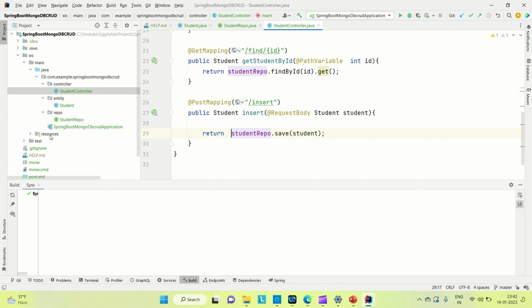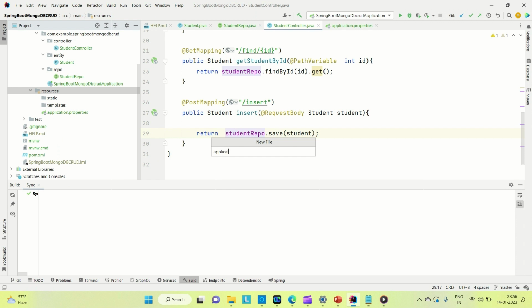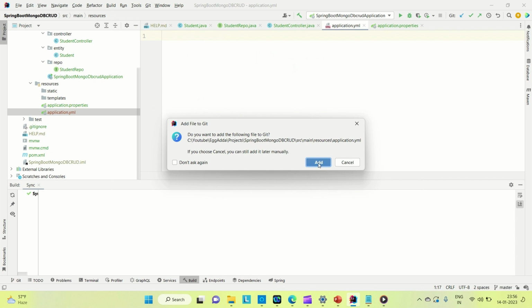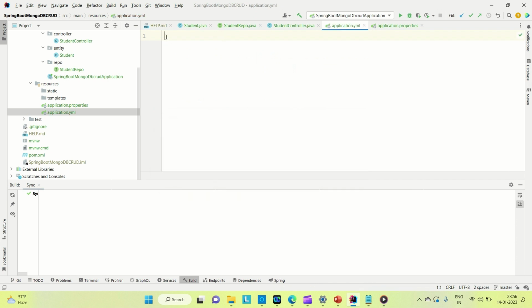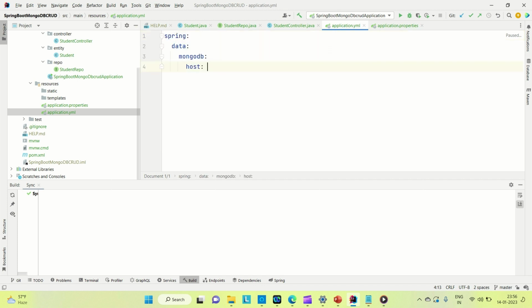So we are done with the creation of the post and the get mapping, and let me try to do some configuration here. So let me go to the resource. Let me try to create one application.yml file. So application.yml, let me try to add it. So I'm going to do the configuration for the MongoDB. So let's say it is Spring Data MongoDB. I need to set the database name, host, and the port. So host, let's say it's localhost. Port,